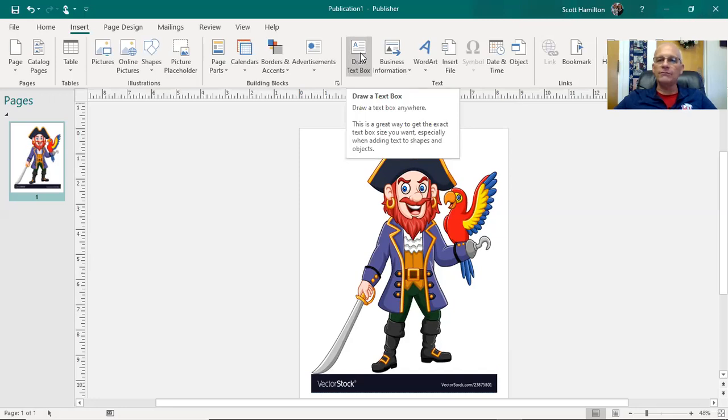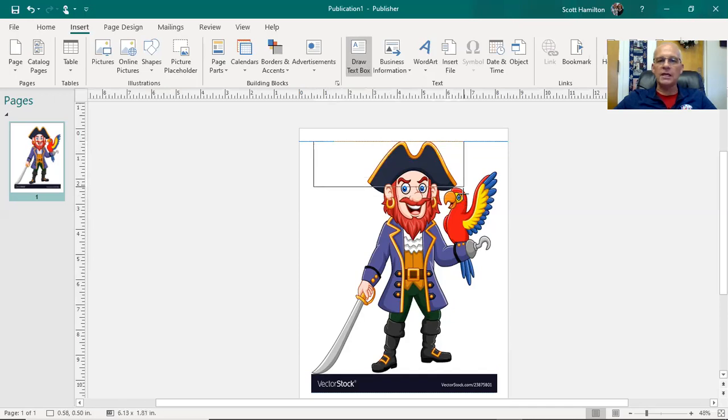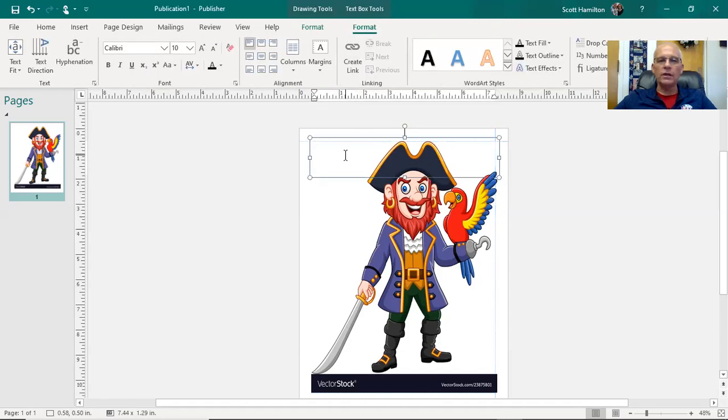All your words have to be in a text box, which allows you to move them around a lot easier. It allows you to do a whole lot of things, editing a lot easier, that you would need to do for making a publication, something that's printed, a newspaper, a magazine, a postcard, a flyer. So I go draw text box, and then I left click and hold, and I'm going to make a text box. Now what I'm going to do is call this guy Pirate O's. I'm going to type it in, Pirate